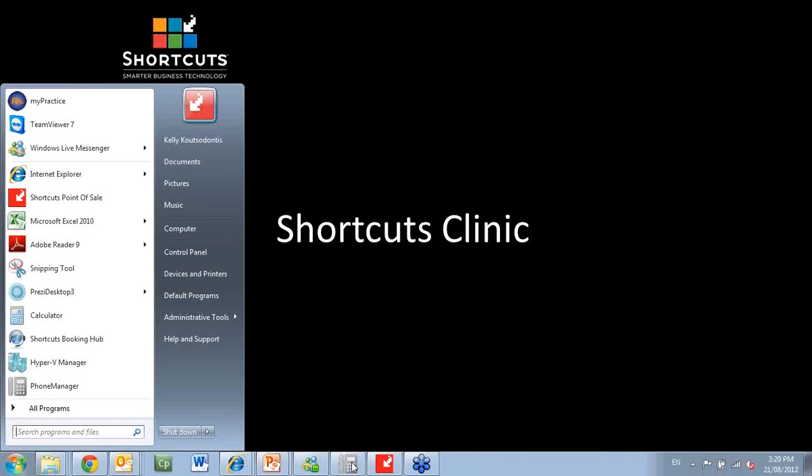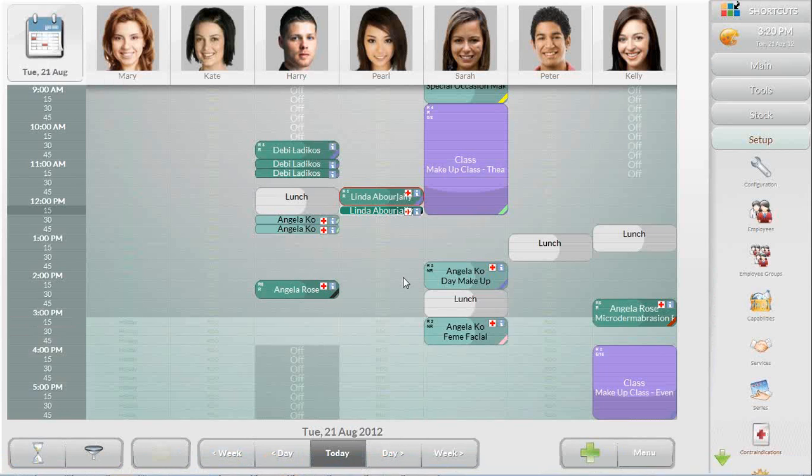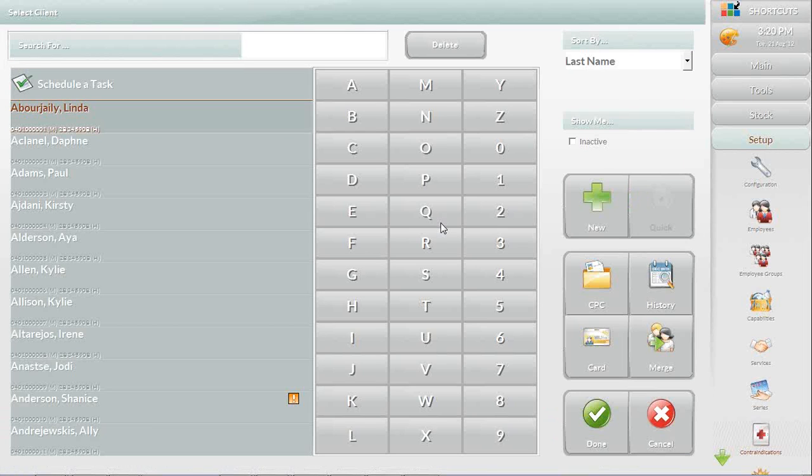So I'm just going to hop into Shortcuts. Okay, so the new clinic feature has come just a little bit after another feature of ours called Contraindications has been released, and I wanted to show you both in this session just because I think they're both really applicable to a clinic situation. So what I'm going to do is make an appointment for someone for some Botox